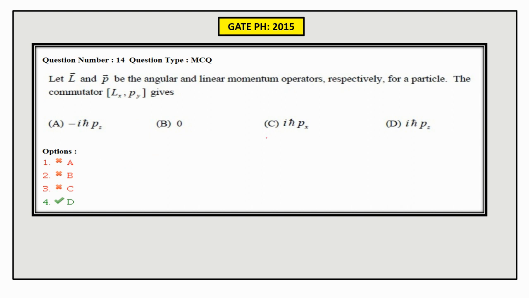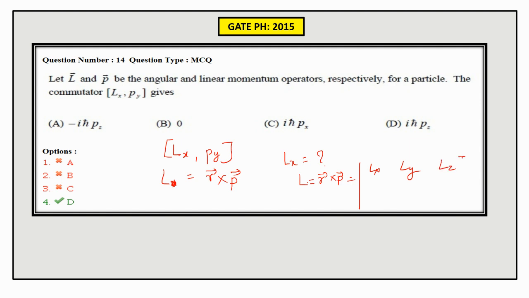And the next question is also very easy. Angular momentum is r cross p, right? So if we are asked to find Lx, L is equal to r cross p, which is Lx, Ly, Lz, with x, y, z and Px, Py, Pz. Now, if you are asked to find Lx, then this will be